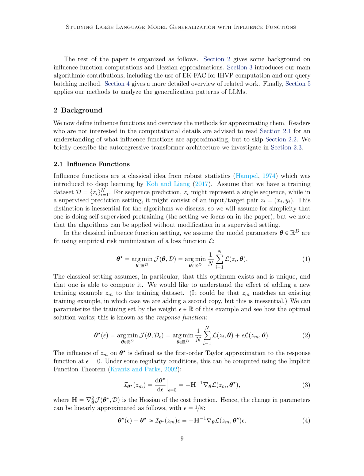We'll also touch on the autoregressive transformer architecture that we are examining in this study. 2.1 Influence functions. Influence functions come from the field of robust statistics and have been introduced into the world of deep learning. They're helpful in understanding how changes in the training data affect the model's behavior.